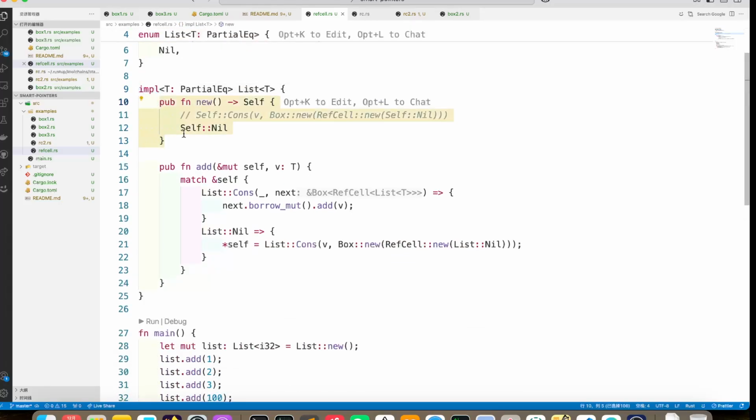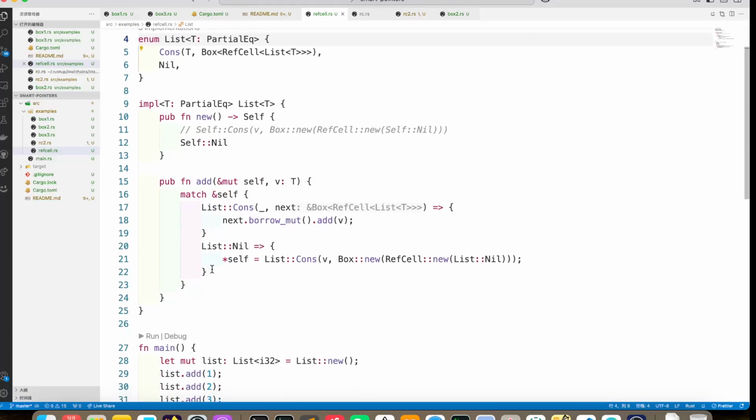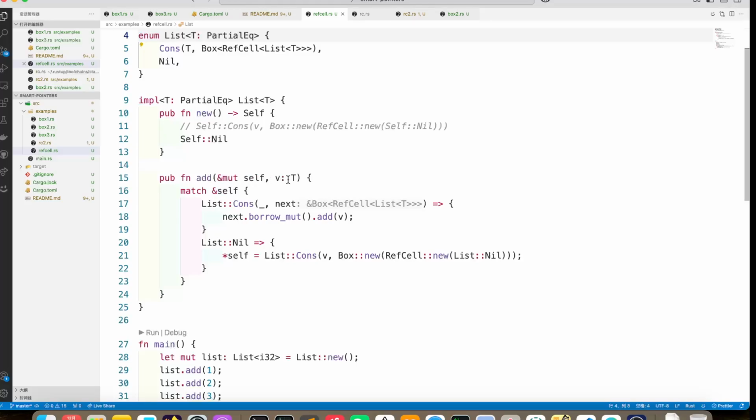So initially we return a new value for the list, and when we add a value to the current list, we first check the current value. If it's a Nil value, then we directly change the current value to be a list Cons value, and Box::new RefCell with list Nil value to be the next pointer for the current value. If the current value is Cons,